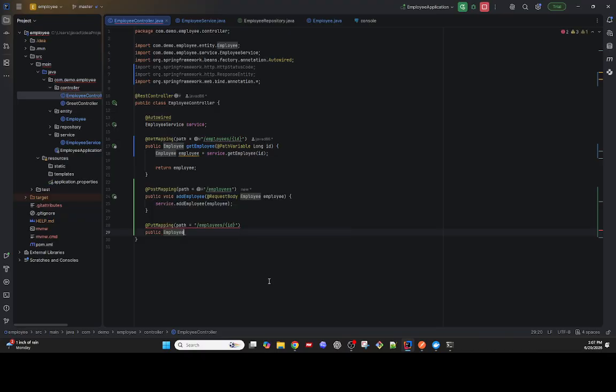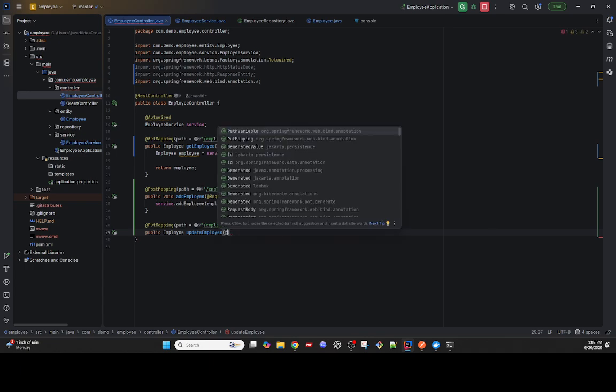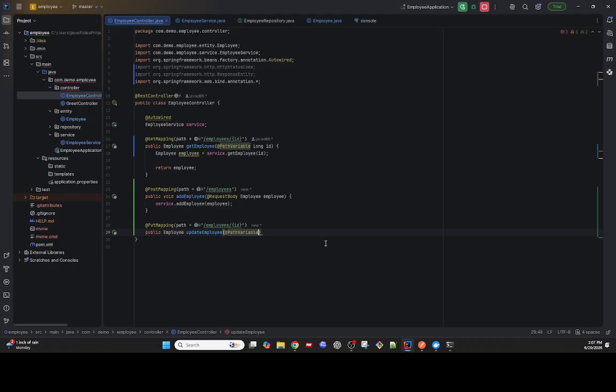And basically over here we could also return the updated employee. We do that in the next step. And then we say update employee. Okay, what do we have? We have a request param, or a path variable to be more correct. The path variable is actually a long and it's ID. We call it ID. So we are saying over here,